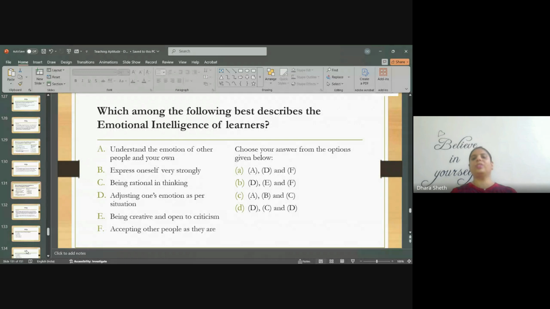Next, which among the following best describes emotional intelligence of learners? Understanding the emotion of other people, expressing oneself very strongly, being rational, adjusting one's emotions, being creative and open to criticism, and accepting people as they are. All of this are a part of emotional intelligence, but when we talk from a learner's perspective,